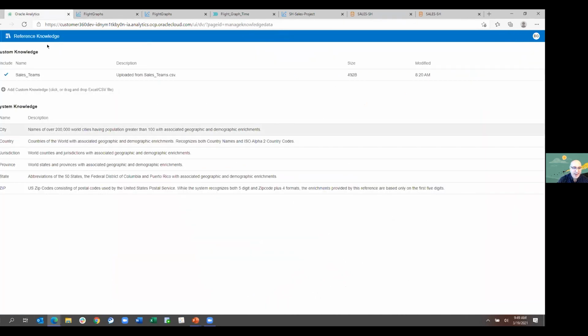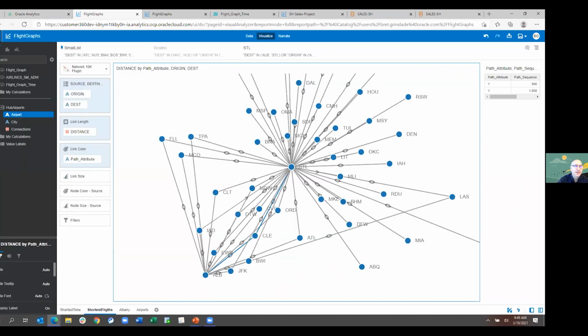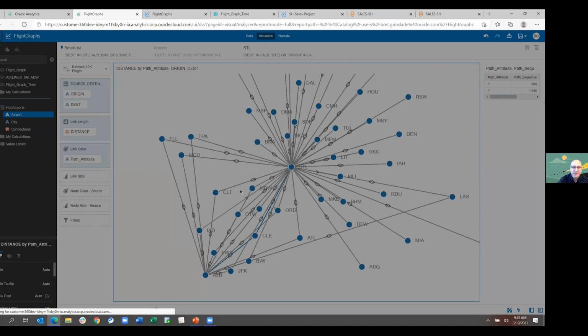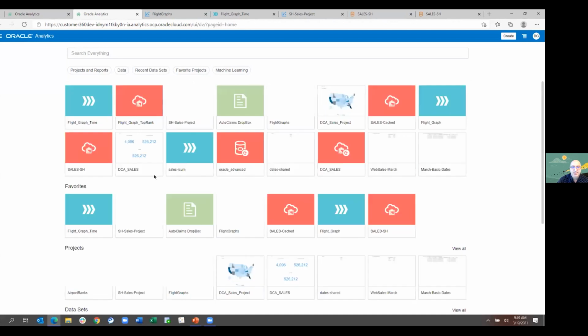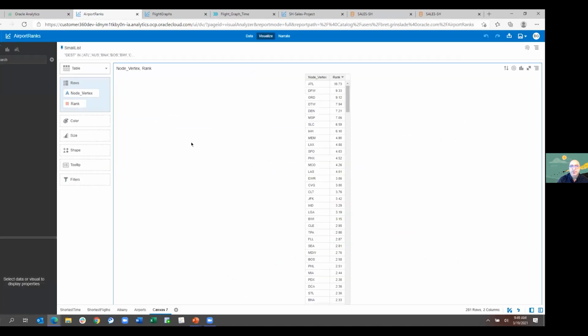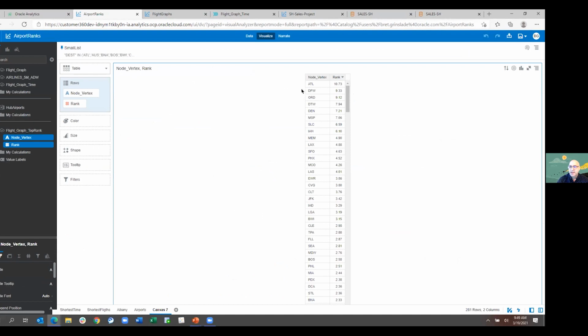And then one final thing, and then I'll close out. I'll go back to the homepage here. The other thing I was thinking about is how would I know what's a hub airport in our system? So I used another graph analytics to calculate the airports by rank. This is using a PageRank algorithm, in that same kind of data flow. I just wanted to say, what's the source and destination, and then show me the top airports by the number of connections. That includes all the different flights, not just the number of connections it has, but how many flights are coming in and out.